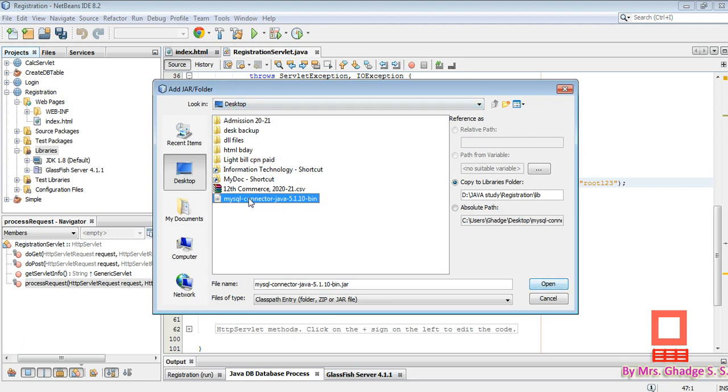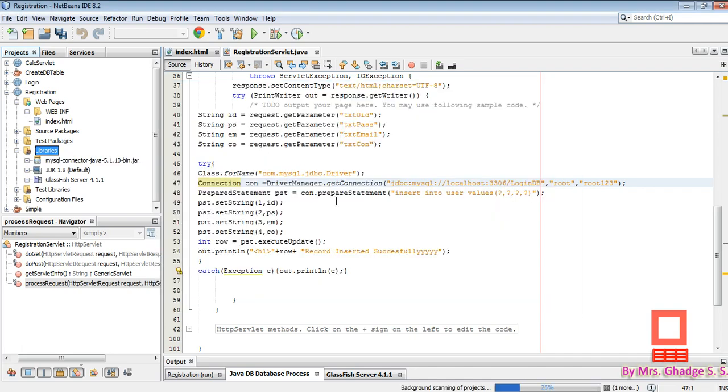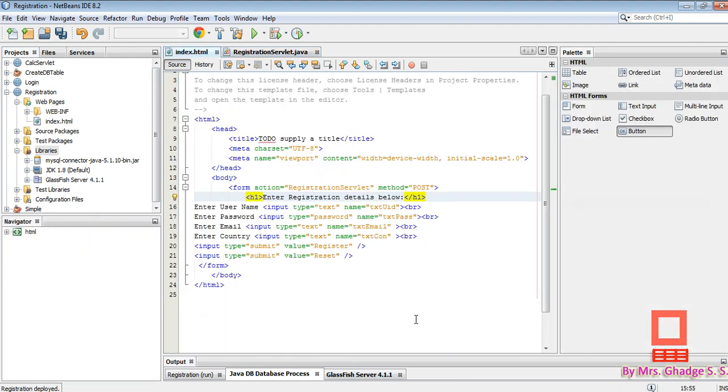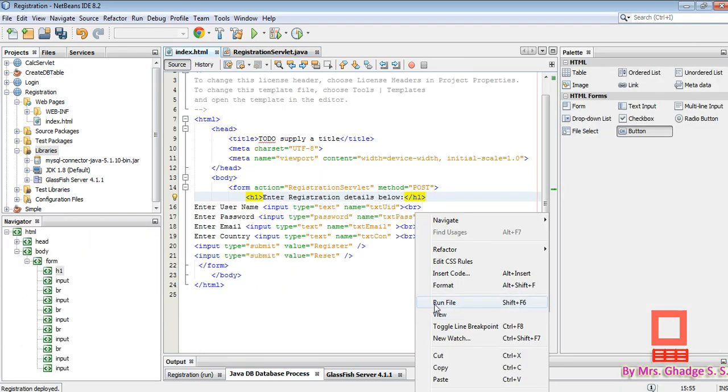So I just select it and open it here. Now this MySQL connector is added. Let us see how our practical executes. Just right click on the HTML file and run file.